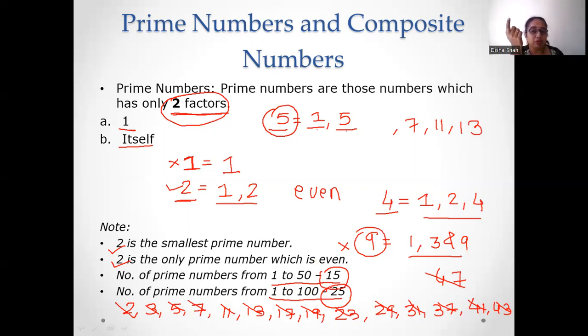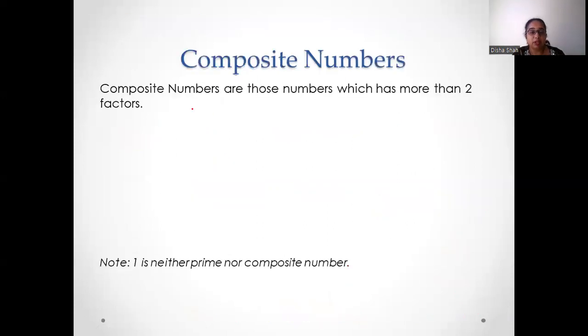अच्छा, जो नंबर प्राइम नहीं होते आप उसे क्या कहोगे? Those numbers are called as composite numbers. So composite numbers are those numbers which have more than 2 factors. जिसके 2 से ज्यादा फैक्टर है उसे कंपोजिट कहेंगे. जिसके 2 फैक्टर है दैट इज कॉल्ड एज अ प्राइम नंबर. और 1 जिसका एक ही फैक्टर है 1 एंड हेंस 1 इज नाइदर प्राइम नॉर कंपोजिट. भूल से भी उसे प्राइम गिनने का ये मत करें और ये कंपोजिट नंबर भी नहीं है. ओके, बिकॉज 1 जो है वो ना प्राइम नंबर की कंडीशन ना कि कंपोजिट नंबर की जो कंडीशन है सेटिस्फाई करता है. ओके,